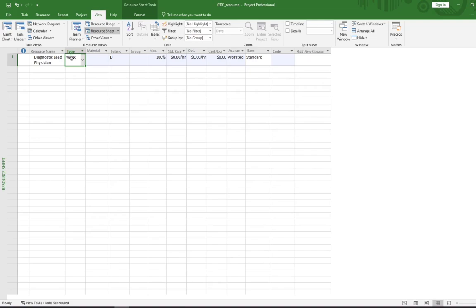So you'll see here, we're going to go around. The type of resource is a work resource. If you click in here, there are lots of different ones: cost, material, and work. Diagnostic lead physician is going to be a work resource, so we can leave it as it is. The next thing we need to go along to is the standard rate. This is adding the cost. The standard rate for a lead physician, for this example, is going to be